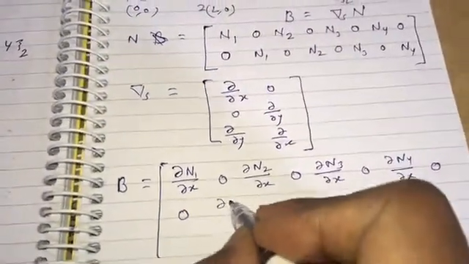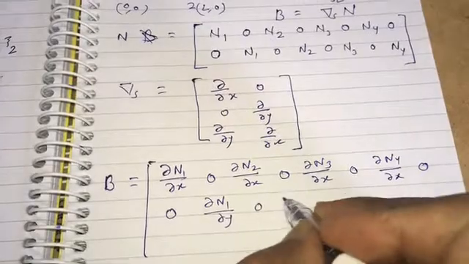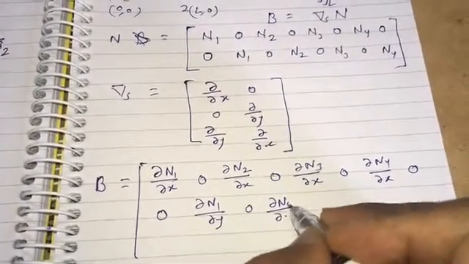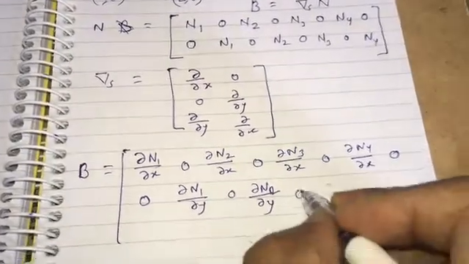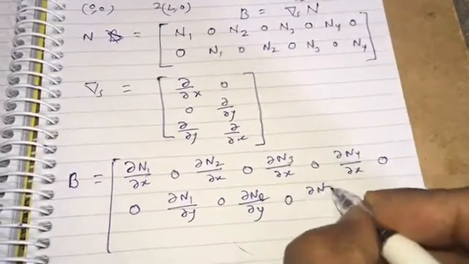Similarly, the next row is 0, del N1 over del y, 0, del N2 over del y,